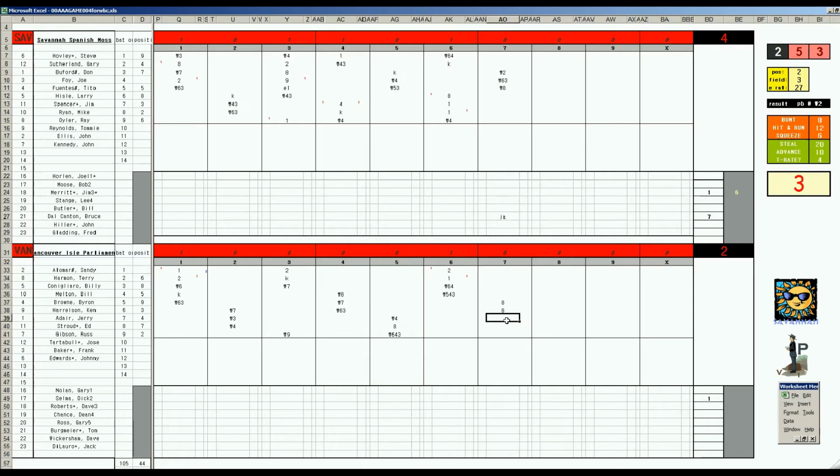With 2 on, nobody out. Jerry Adair, 6'11", is pitcher XE17. It's a big play. He's a 2, E17. And that is a 1-6-3 double play. Boy, that's the 3rd consecutive inning with a double play. That's just a killer for a team